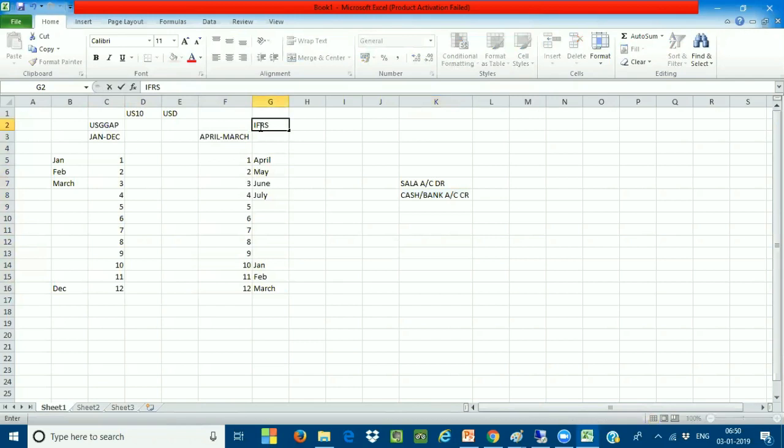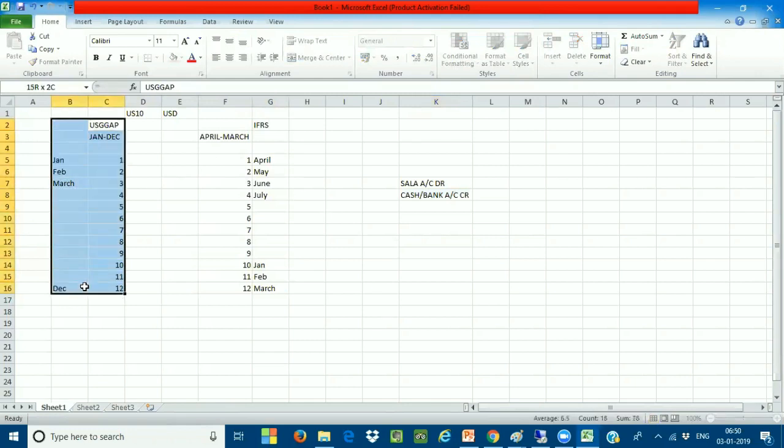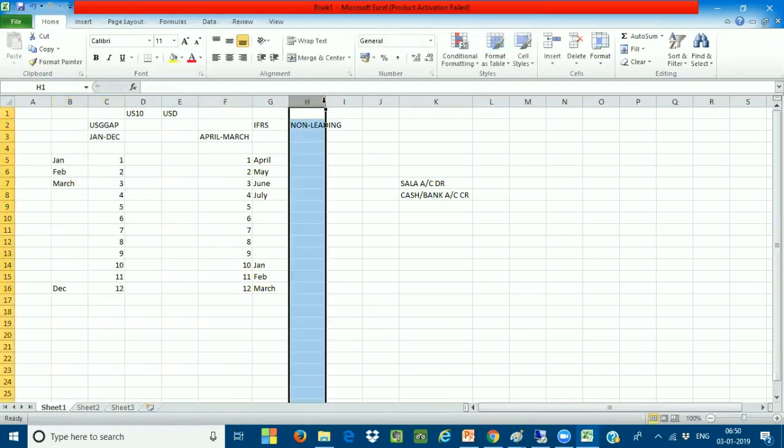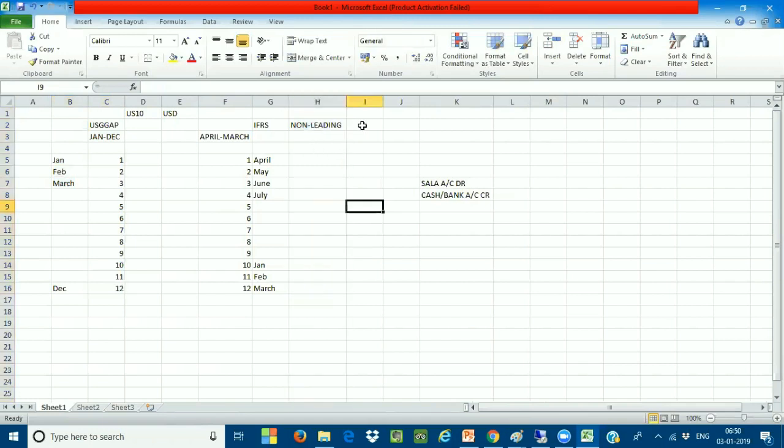So in this case, my leading ledger is going to be the US GAAP, and I'll create one more ledger, which is going to be called a non-leading ledger. Very, very important. I'll create one non-leading ledger. The non-leading ledger name I'm giving as something like N1, because my leading ledger is always 0L. I'm creating one more ledger called N1. N1 is called a non-leading ledger.